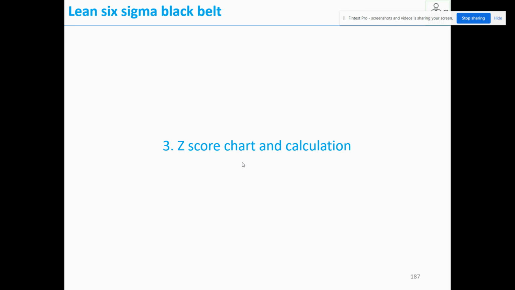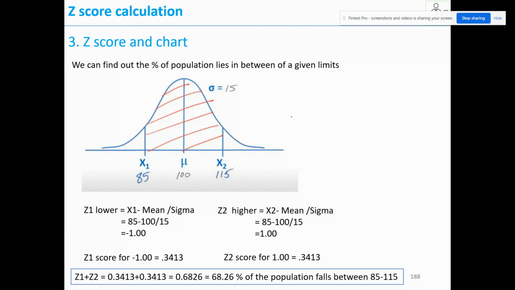We are going to see the z-score chart and calculation. So what is this z-score chart? Now we know the standard normal distribution curve, where the maximum is created at one point, that is called the process